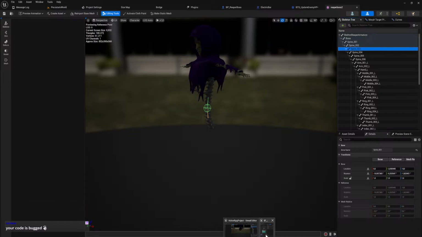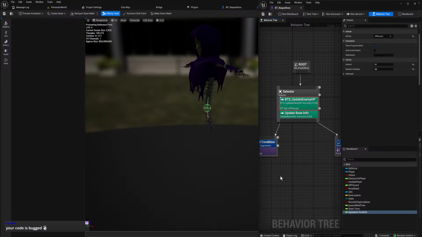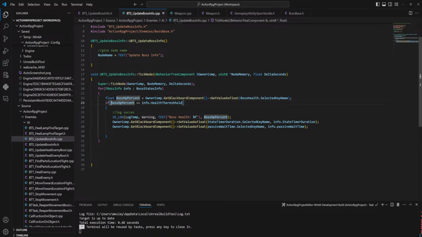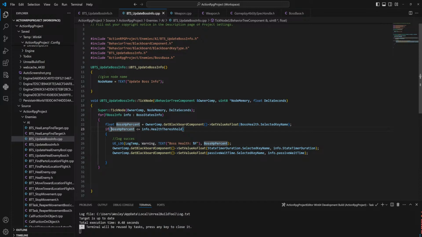Yeah, so you're right, the issue is that my code is bugged. Well, actually, no, I don't think the issue is my code is bugged. I think somehow these two services are interfering with each other. Because this is running 10 times a second and just updating this value, and for some reason, updating that value 10 times a second breaks this reading that value 2 times a second. It should just be getting the most recent value.